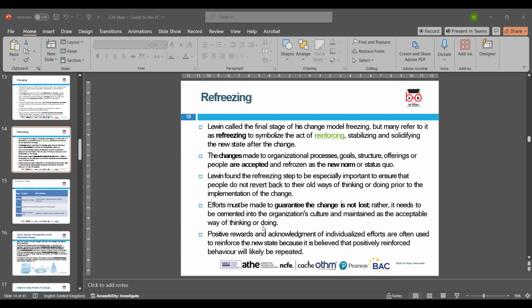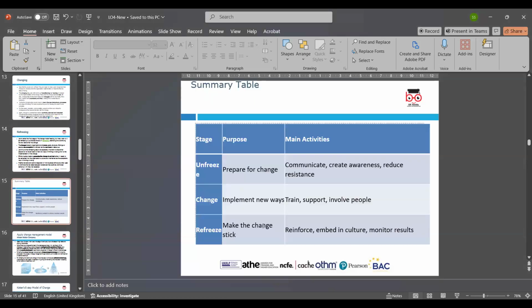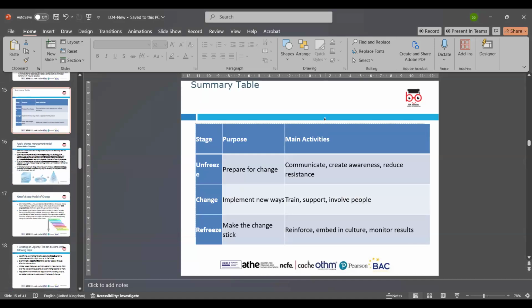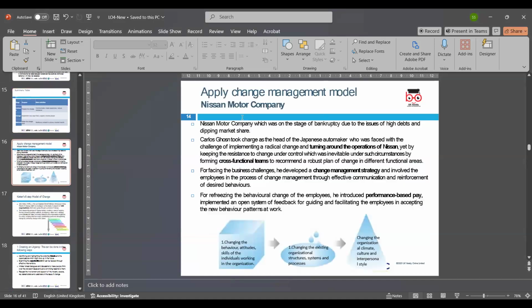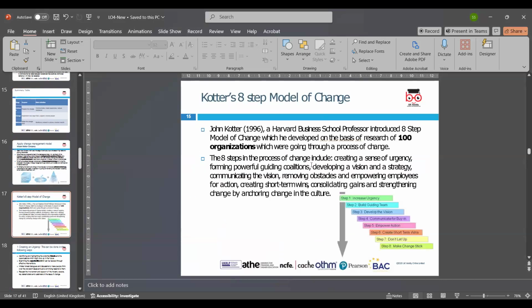And in this phase, not everything is done now. Continuous monitoring and adjustments are required. If anything is going wrong and is not in line with your change, then you need to make changes and adjustments there. So there is a summary table which we have covered so far, and there is an example. You are going to study this one yourself, and then there is Kotter's eight-step model of change. If we talk about this one,